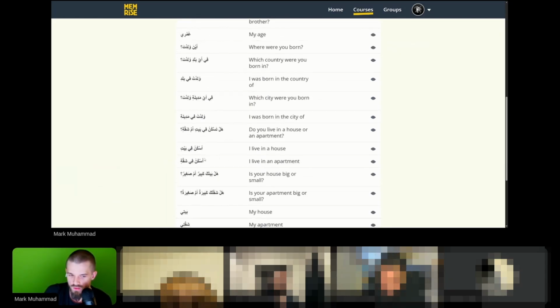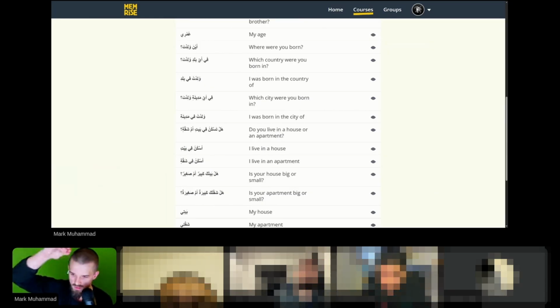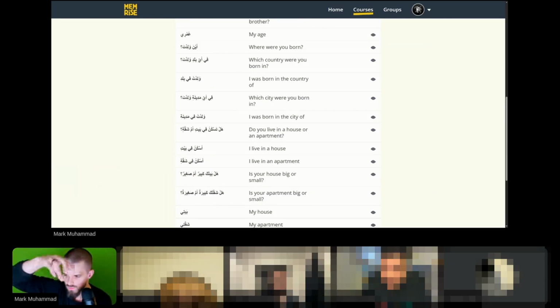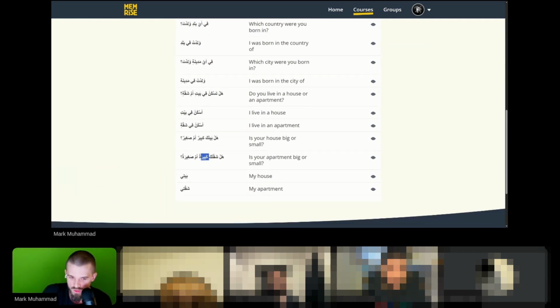So all these words, even though you're using, for example, even the word "all", these words are in the Quran. Askun, to live, the word fi, and the word bait are in the Quran. Right? So the whole purpose of what we're trying to do is build up the filler words and then build up some sort of vocabulary so we can actually communicate. Even the words big and small are in the Quran. The word hell is in the Quran.